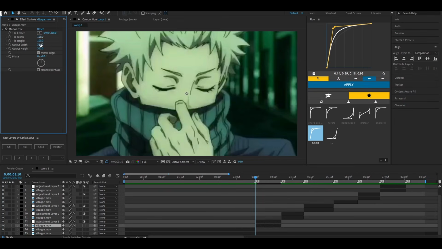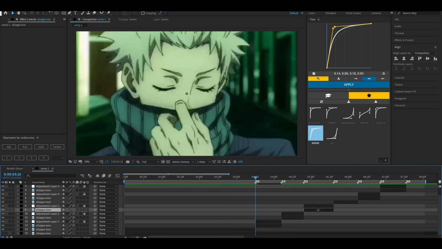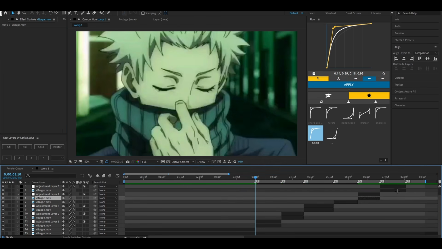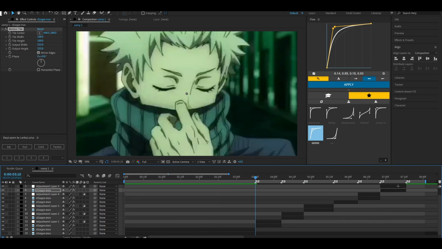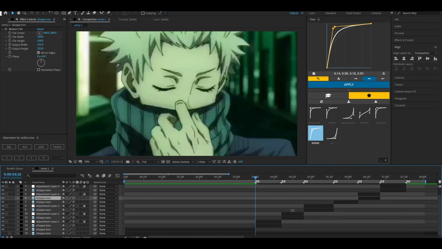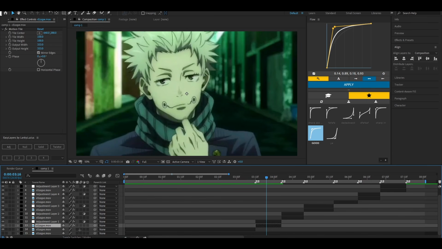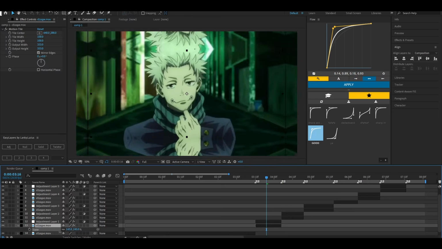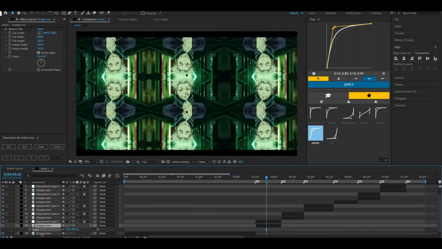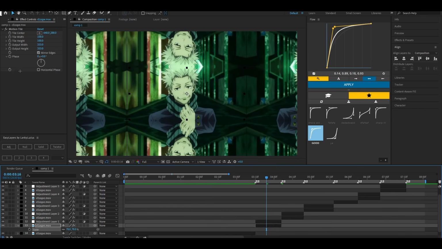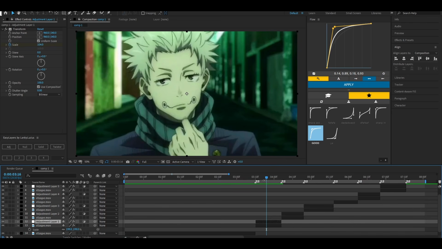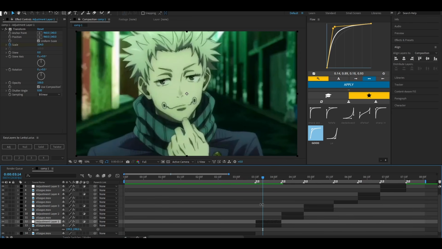Don't worry about these two up here, and then you can just click on it, Control C, and then paste it to every single clip. Do not put it on the adjustment layer, put it on your actual clip. What this does is it has a shake, it doesn't go black, or if you zoom out, it's not black. See how it's mirrored instead of just straight black. So yeah. Alright, so now that you have motion tile, go on your adjustment layer and then add